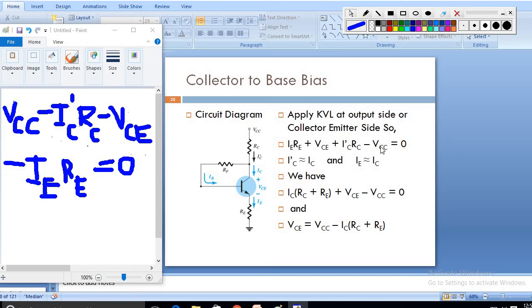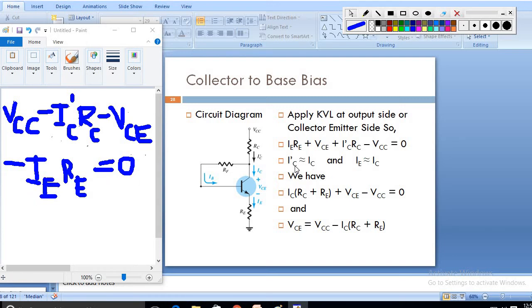Don't get confused with this minus VCC and all; just look at this, both are one and the same, but we have to take whichever is the convenient way to write the KVL. Just see here, this VCC is kept as it is, so again a fall in potential, minus IC dash into RC, again a fall in potential, so minus VCE. Then coming to this RE, again plus and minus polarities, a fall in potential, the current flowing across is IE, so minus IE RE is equal to 0.